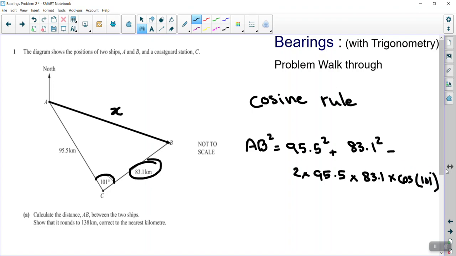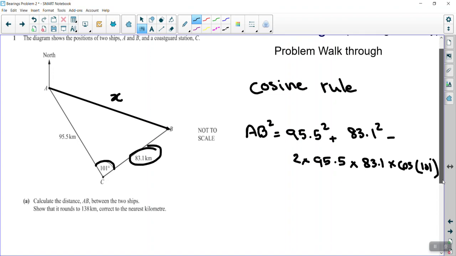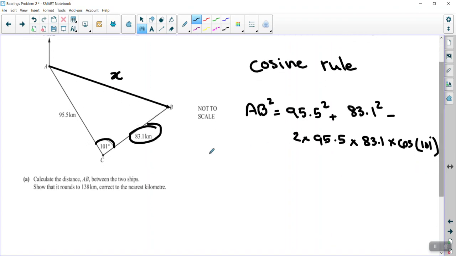Make sure your calculator is on degrees so that you get the correct answer. Once you arrive at the answer, remember that you have to square root it. So AB would be the square root of the whole thing, all under the radical sign,